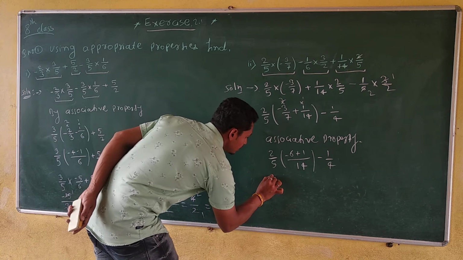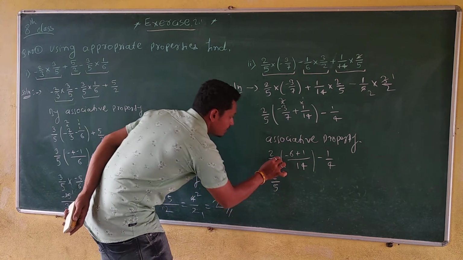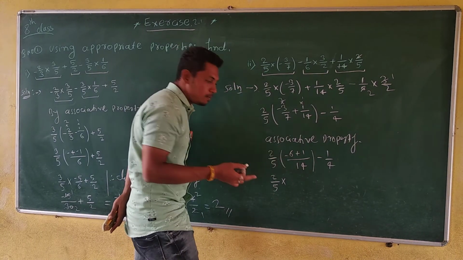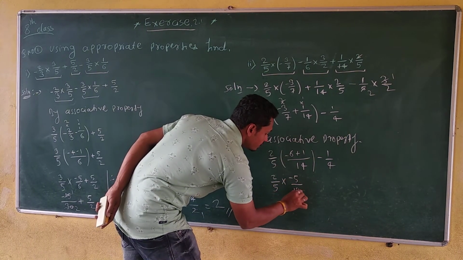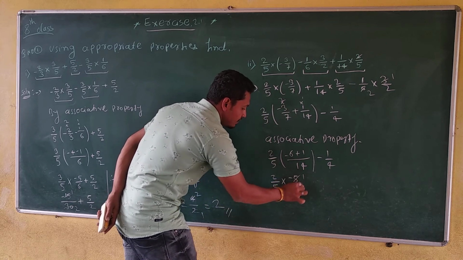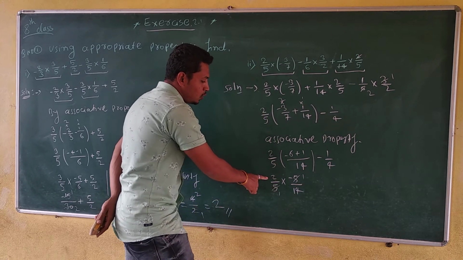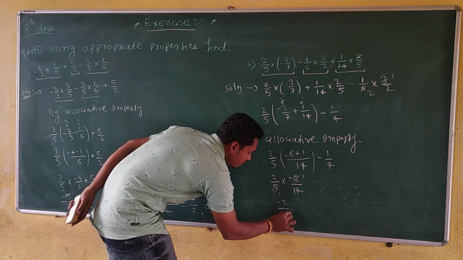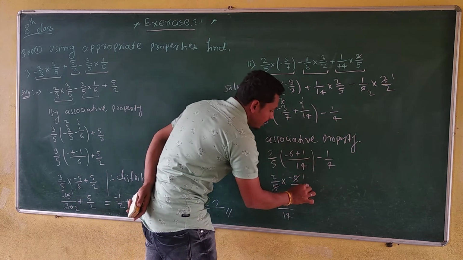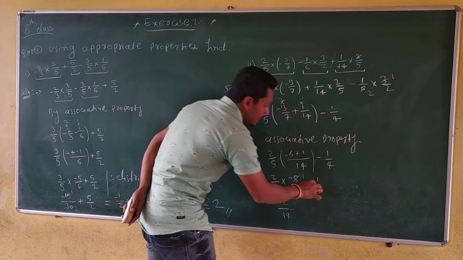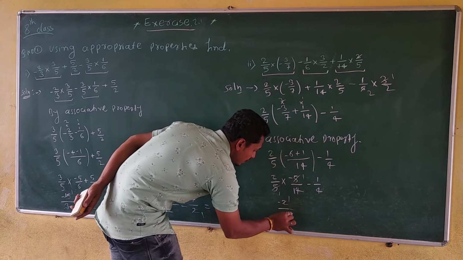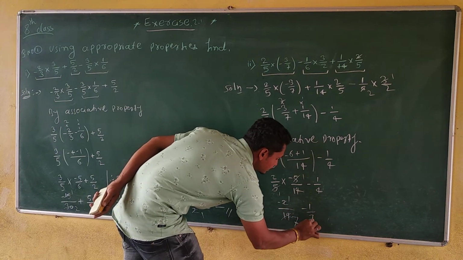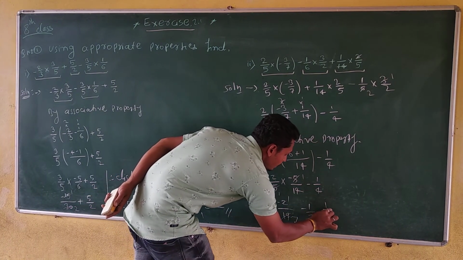So right. Next, 2 divided by 5. Here bracket, which means here take multiplication. Minus 6 plus 1 minus 5 into 40. So 5 ones are 5, 5 ones are 5. Then 2 into minus 1 minus 2. Then 1 into 40, 40. So right. Next, minus 1 divided by 4 take as it is. Here 2 ones are 2 and 2 sevens are 14. So right. Next, minus 1 divided by 7 and minus 1 divided by 4